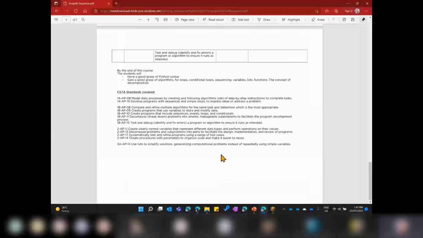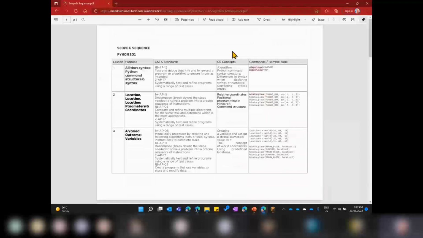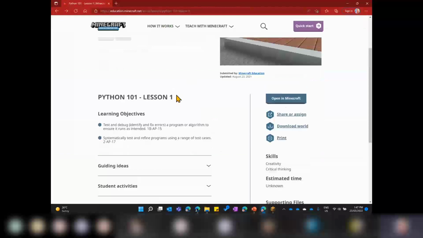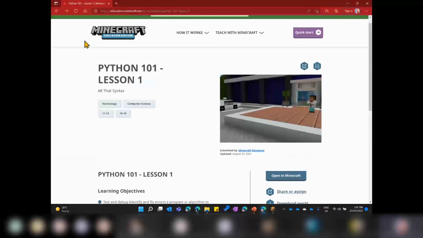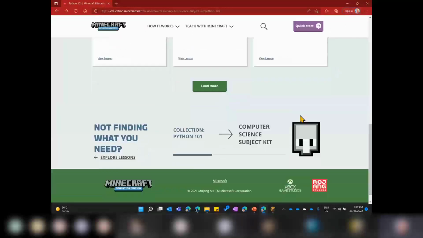It uses the computer science attainment targets from the US Common curriculum. So obviously that's not going to apply directly to South Australia, but you know, a variable is a variable in every country. I think it's the same thing, and you can obviously introduce those concepts. So you've got the Python 101, which is really great to introduce those concepts bit by bit, and then you've got the